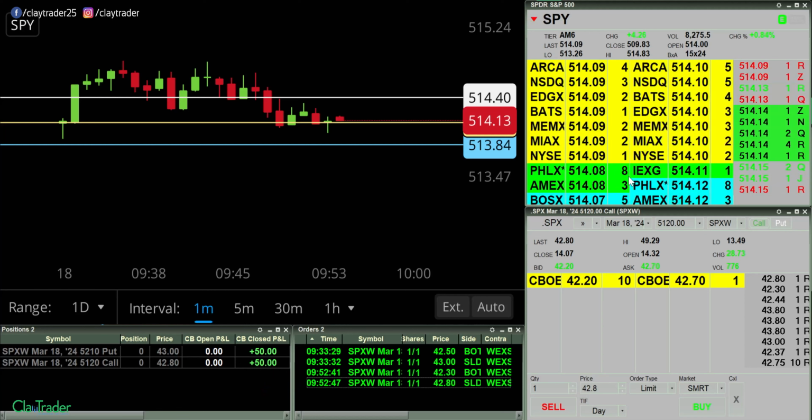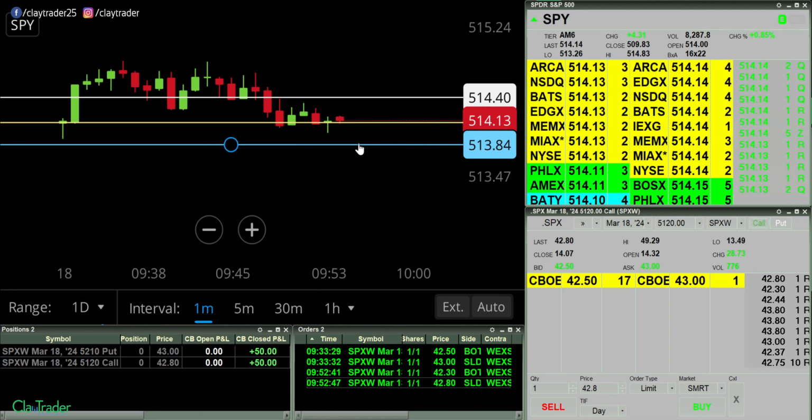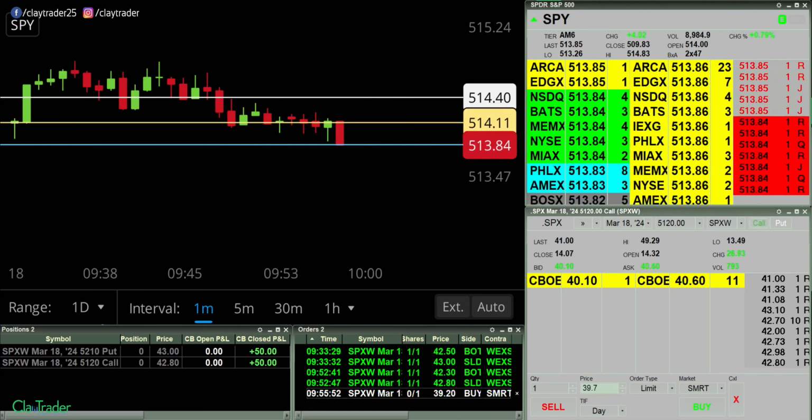All right, another quick sniper shot. I'd like to see it come down to that blue line. That's more so where I'm interested. But like I said, it's not quite there yet. But we'll see if it wants to make another attempt at it. I will pause. Have an order at